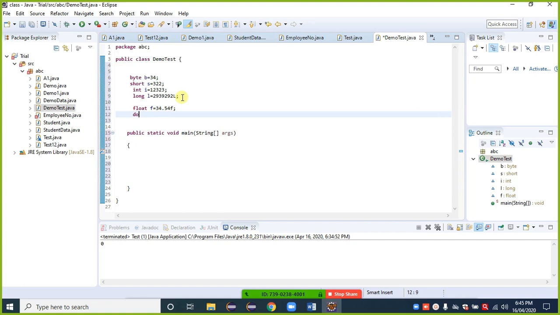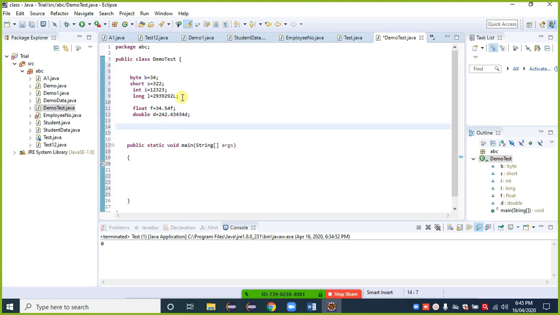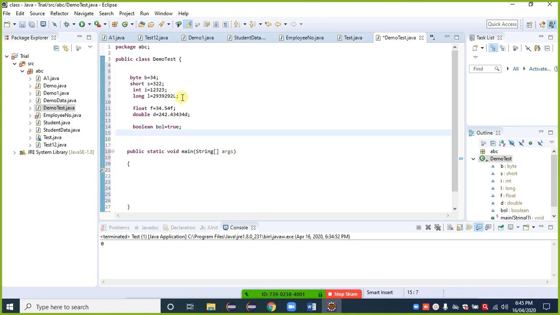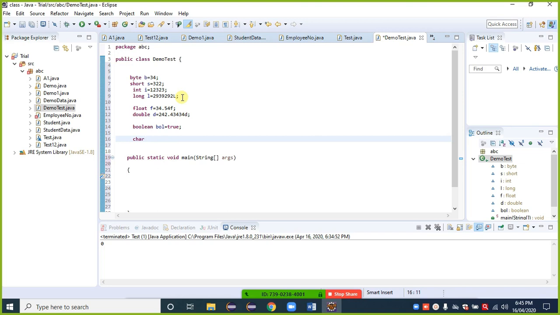Okay, then double, small d, then boolean, then the last one is char. We can save any single digit with a char.